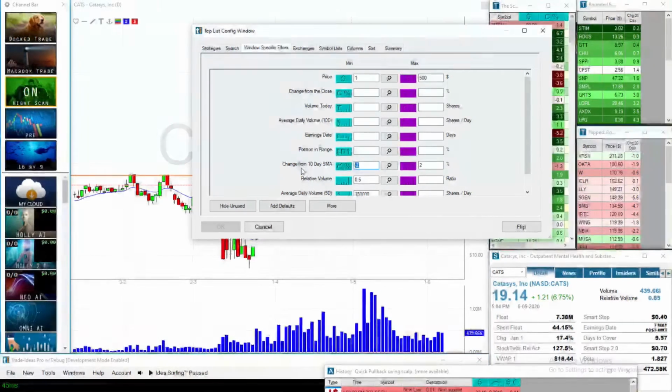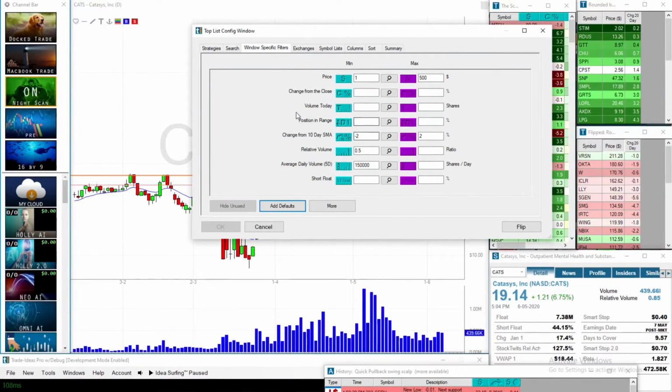Okay. Whereas a reversion to the mean trader may say, I want it to have gone crazy in the last 5 days because I'm looking to short the thing that spiked up higher, right? So again, whatever you want. And then I just said price, I don't want to trade anything under $1, and I don't want to trade anything over $500. So you can see how this screen filters out all of those 5,000 stocks into just a